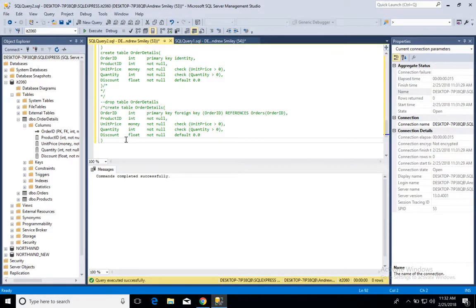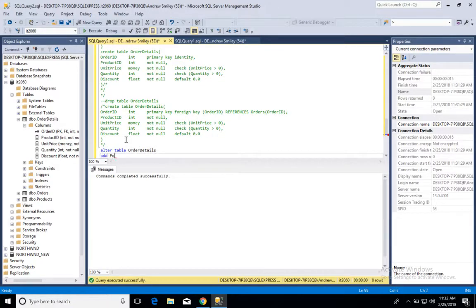So now we're going to jump into our alter table foreign key constraints. So we're going to say alter table order details, add foreign key, right? And it's the same syntax we use right here, right? So add foreign key,